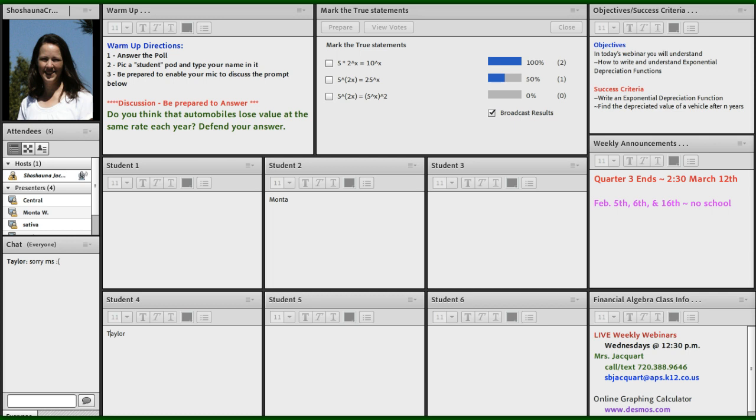So let's talk about what I want to do, I want to intro for this discussion. First of all, let's look at the objectives. Today in our webinar, we will understand how to write and understand exponential depreciation functions. And then success criteria is we're going to write an exponential depreciation function and then find the depreciated value of a